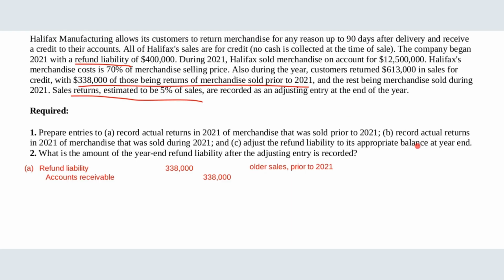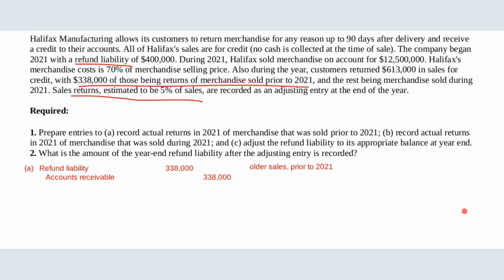We have to record actual returns in 2021 of merchandise that was sold. So for B, we have our actual returns for the current year. Oh, I'm sorry, I'm forgetting another part here that deals with the inventory. So we said our cost of inventory is going to be 70%, right? So 70% is the cost of goods sold associated with this refund, because we have to put this merchandise that they gave, the return to us, back to the warehouse. Okay, so 338 multiplied by 70% is